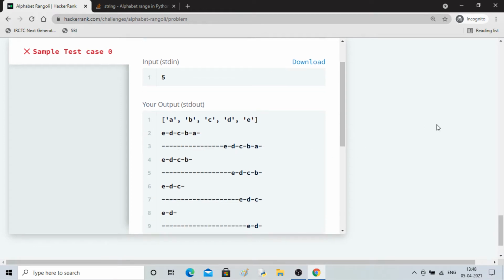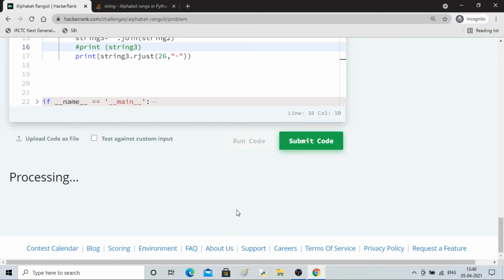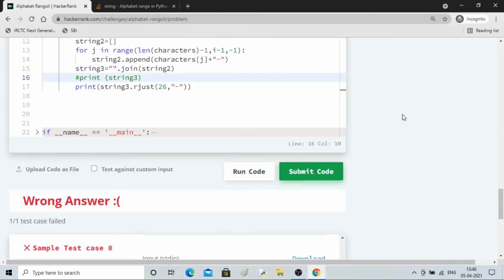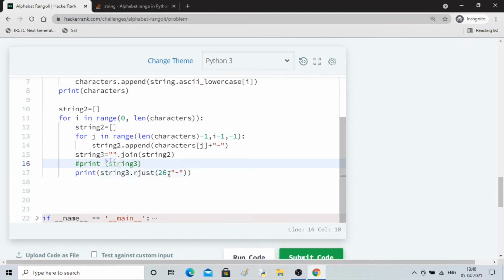Okay, so I have to do it. Why am I doing this? Okay, this is not required. Now it is looking fine, right? Now I have to just define the width. For the width, I'll count it: 1 2 3 4 5 6 7 8 9. Total 9 is there. Let me do it with 9 and then I'll generalize it.